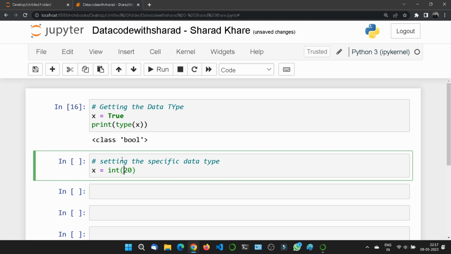You can also define the integer like this, although it is already an integer, but you can define it if you want. Python has given you this facility. If you want to define a float like 0.5, float, you can also define it. So these are some basic built-in functions of